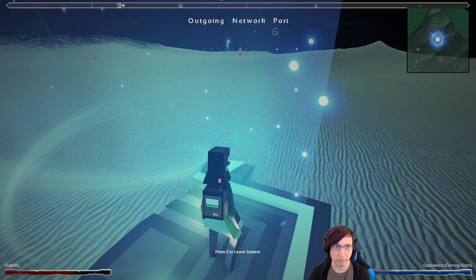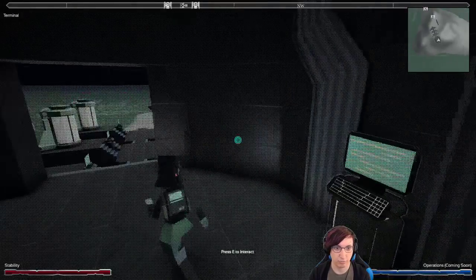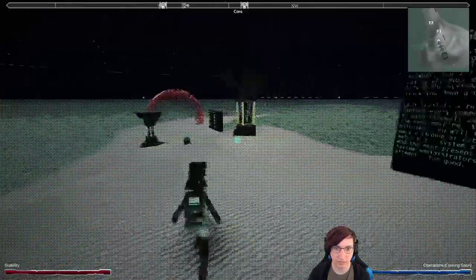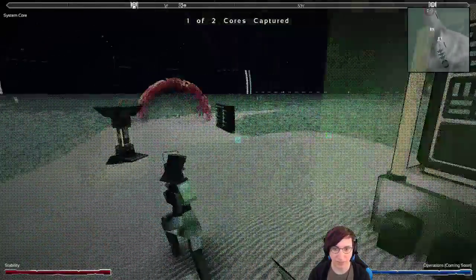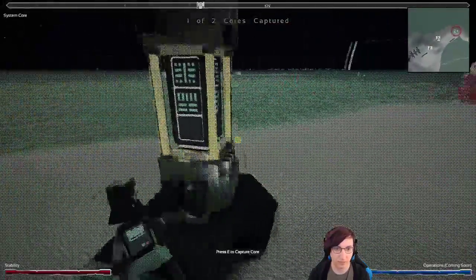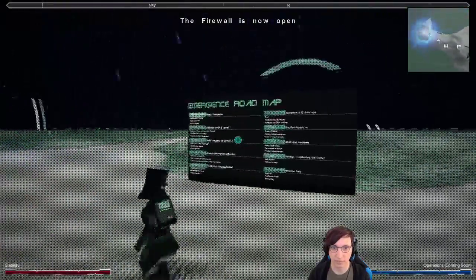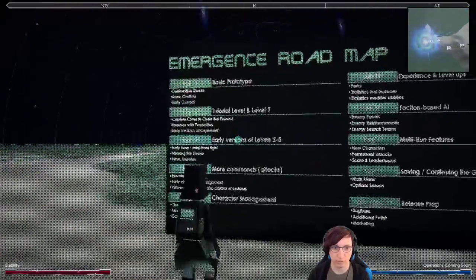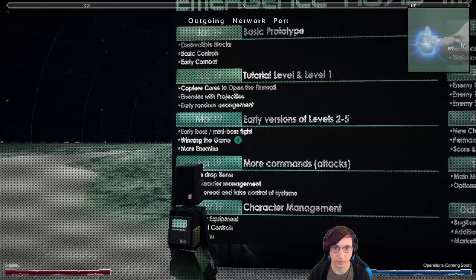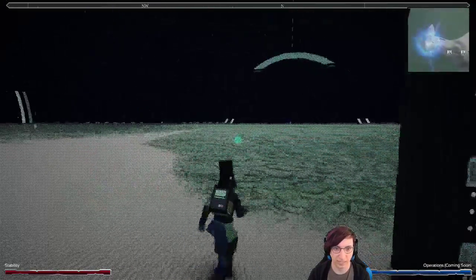Yeah, easy enough first level. You can just run away from everything. Oh, wait, is that the only level in the demo? Is there just a level? Let me check the Trello board. Are there versions of levels 2 through 5? Yeah, I guess they